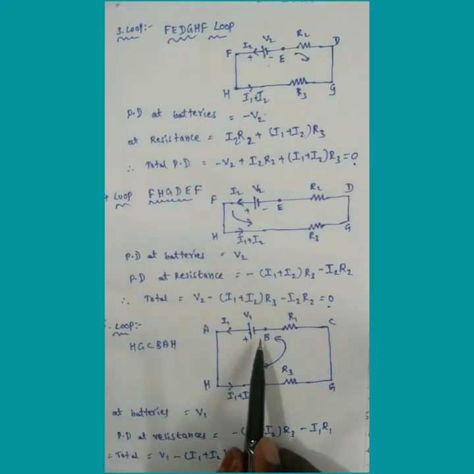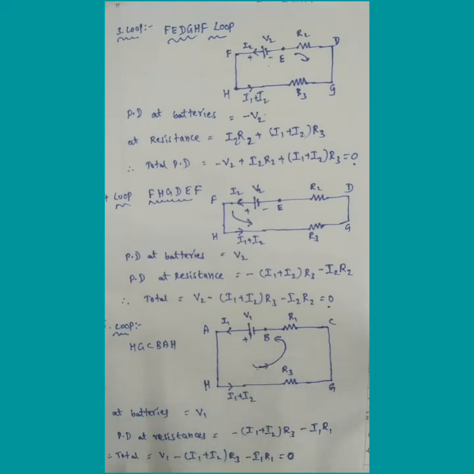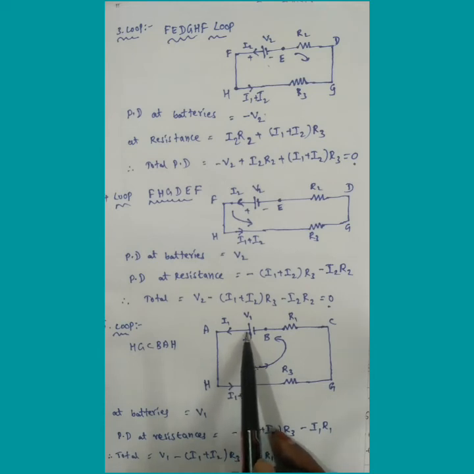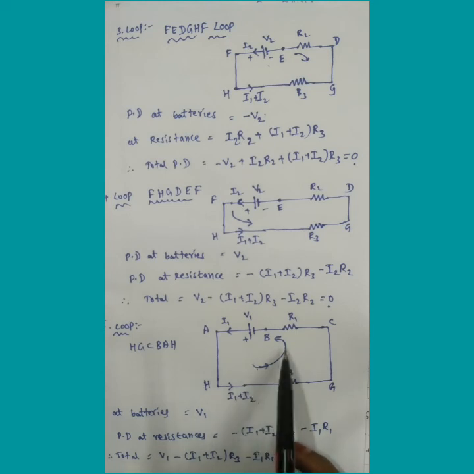So in the final case, what we have to do is apply the law in the clockwise direction. Once again I am stressing, the sign convention is very, very important. That means in whichever direction we are taking, either clockwise or anti-clockwise, that is very important. Whenever we are taking the potential difference at the batteries, if the current is passing in that direction, in that direction we take positive. If we are considering the loop in the opposite direction, we have to take negative. There is only one more step I would like to explain, based on the circuit diagram.